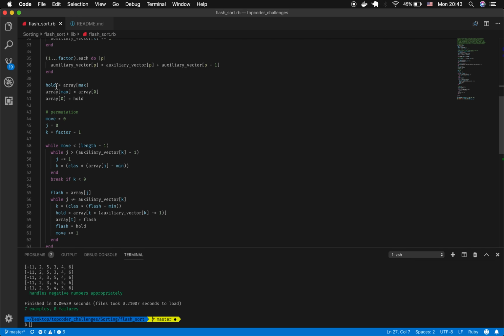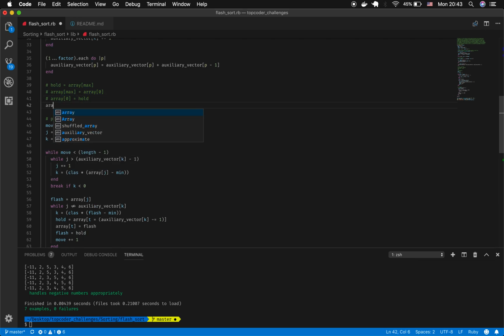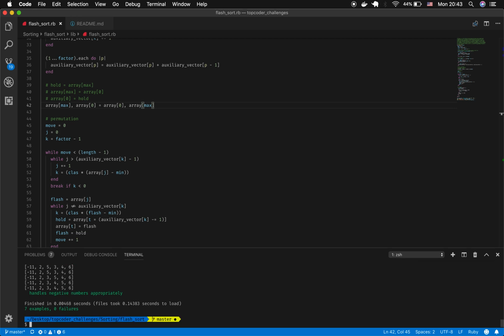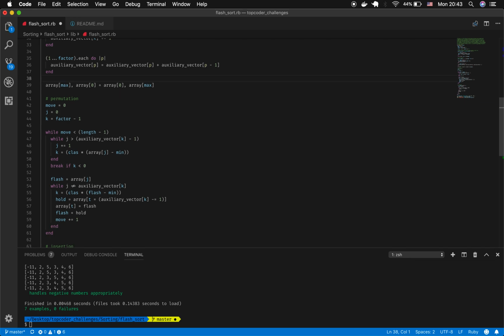Now I could just go ahead and make this a parallel swap, so we can actually see if it still works. So array max, array 0 should equal array 0, array max, and should still get the same values here. As you can see, it works. So let's make that a little bit cleaner code and just keep that as a parallel swap. Okay, so